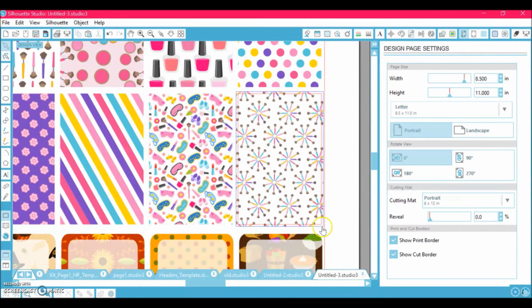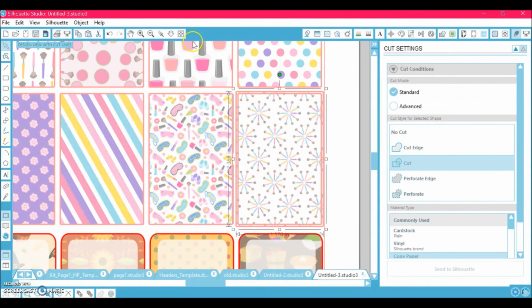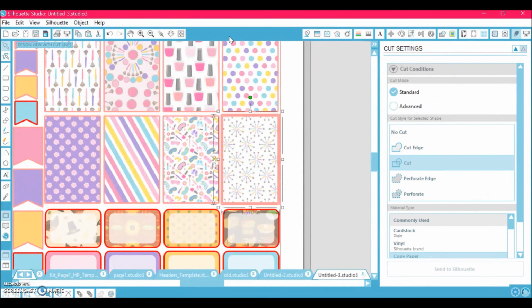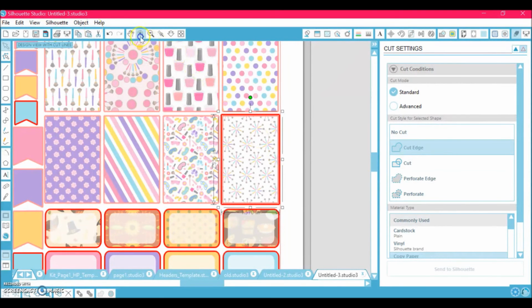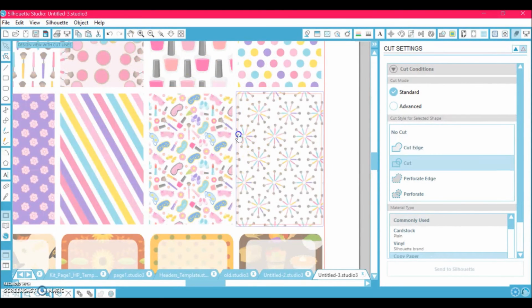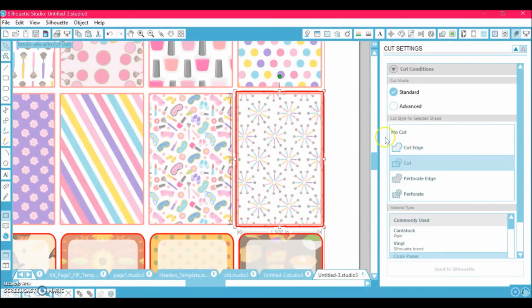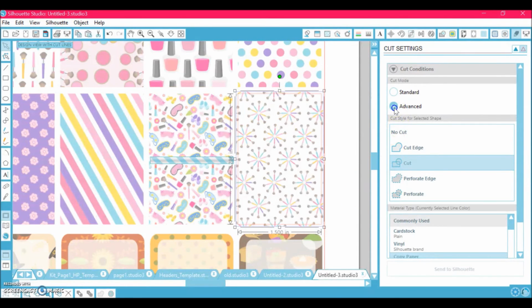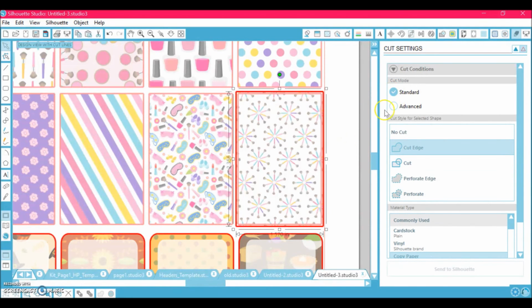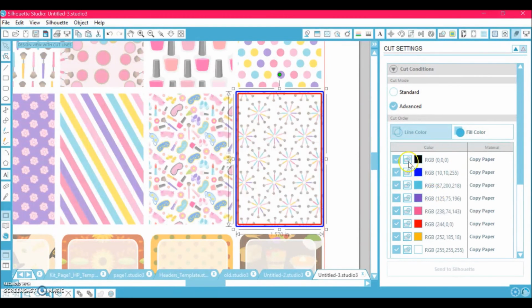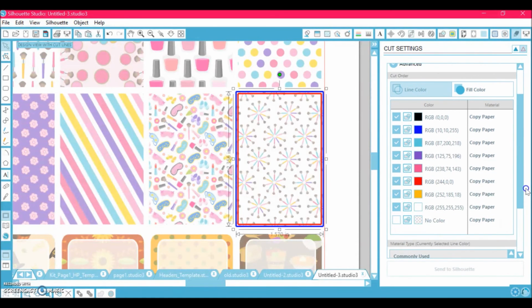And the way to ensure that is to click on the blue line and go to your cut settings, which is like this, and it's going to change your thing to look kind of weird. So I'm selecting that one, and I'm going to hit cut edge, and then I'm going to click on the red line. It'll let me. Is it? I can't tell. I don't know. What you can do is you can go in and you can do it by line color,